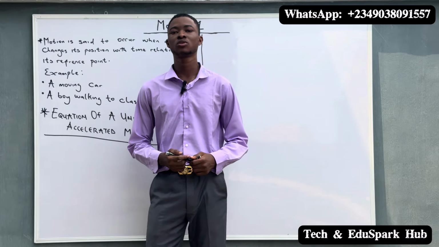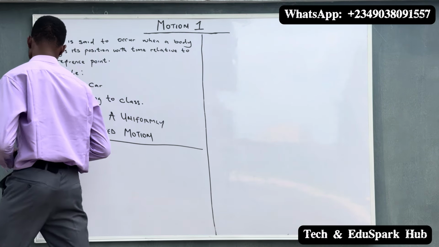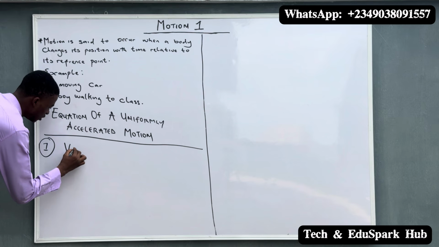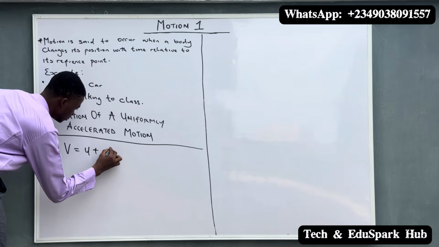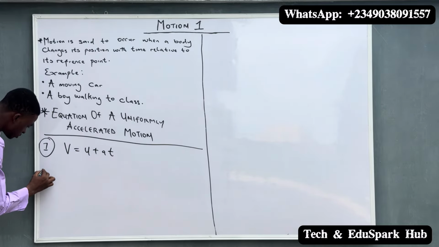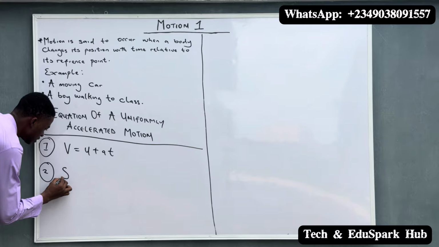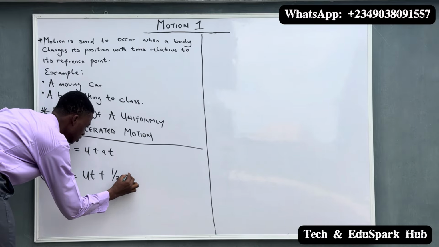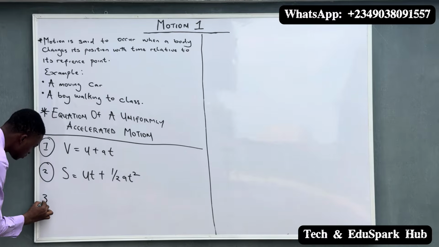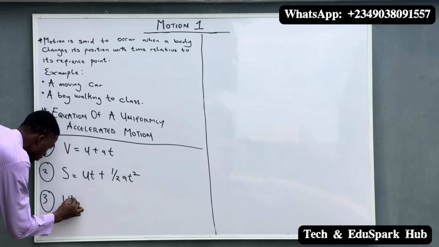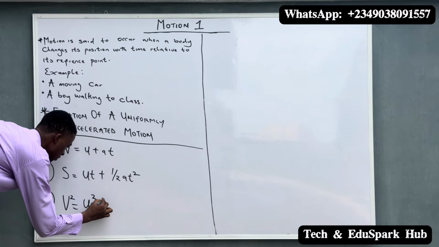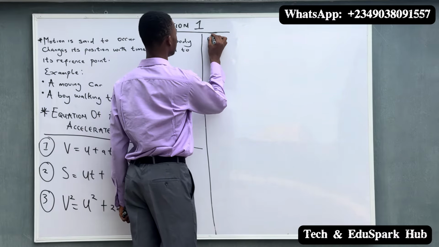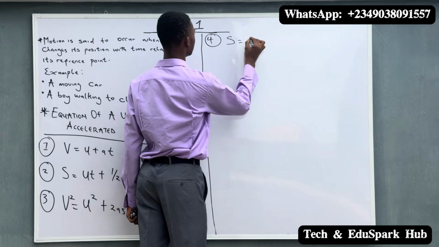So we have four equations of motion. The first equation is given as V equals U plus AT. The second one is given as S equals UT plus 1 over 2 AT squared, while the third is given as V squared equals U squared plus 2AS. And the fourth equation is given as S equals (U plus